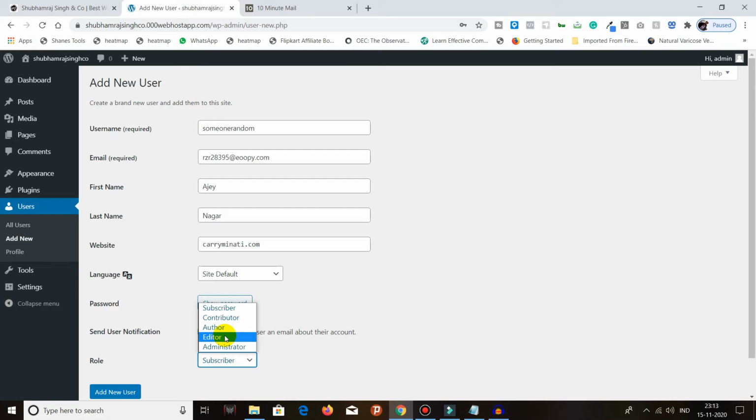Okay, so the author is actually a writer who writes the blog or something, but the restriction is they can edit only their written blog or article. Okay, contributor is a kind of a person who is actually contributing. Okay, so I'm not sure what actually the contributor is, so I have to search about it. And subscriber is a kind of a subscriber, a reader. Okay, so